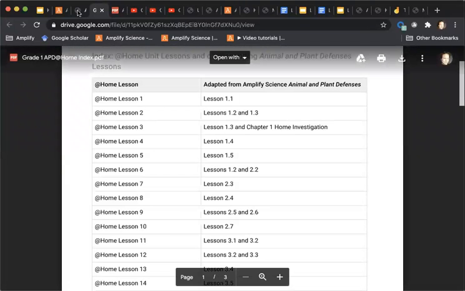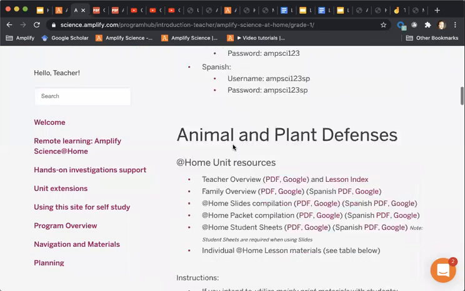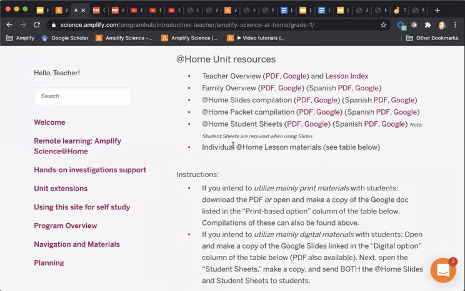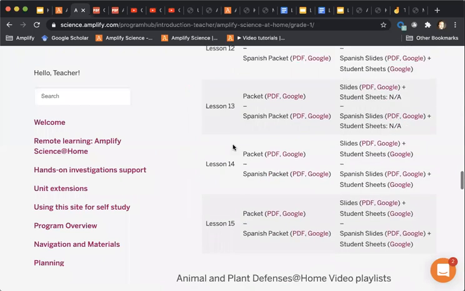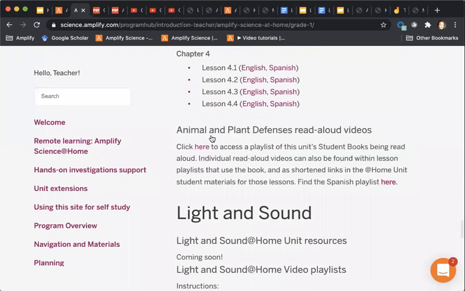So that is here on the Program Hub. You have your choice of the at-home units, or just below that, the at-home videos. And it's not to say that those things can't work together. It just takes a little bit more thinking and connecting them through. And then, of course, just below that, you have the read alouds,